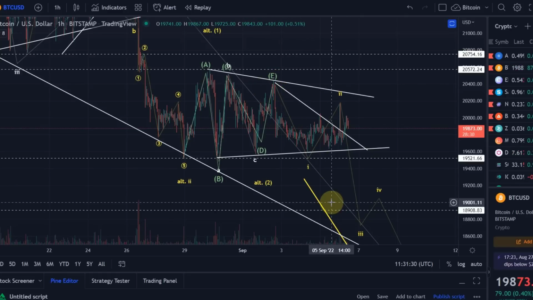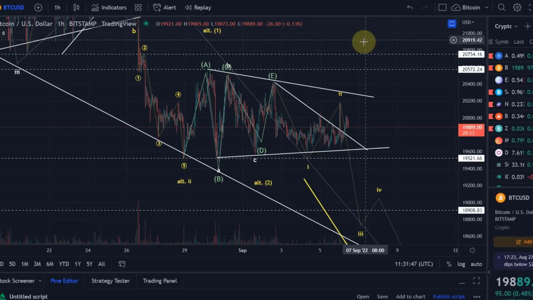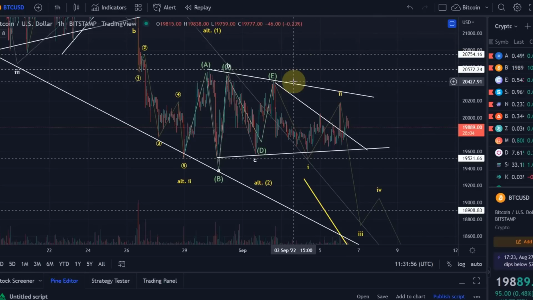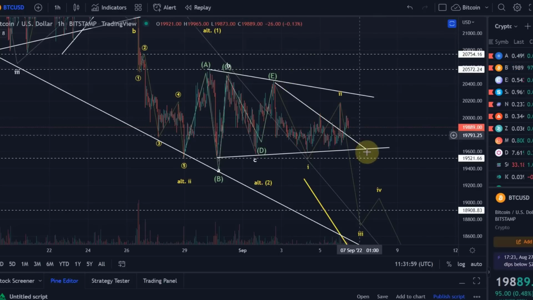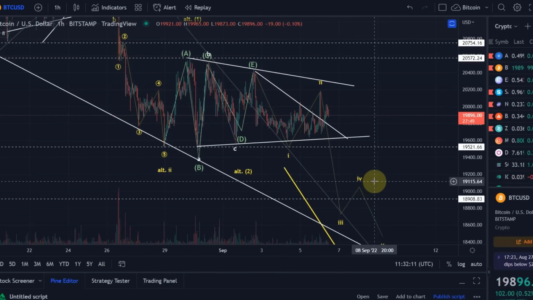Therefore, we are primarily expecting lower lows unless we really go above, first of all, 20,170. That is sort of the first breakout point, but it wouldn't really be a breakout. It's only an indication that we might reconsider a shift to the upside. But unless we really go above the 20,570 level, we're not going to have a breakout to the upside. And until that is the case, we have to expect still a move to the downside. It's only that certain levels in between will give us an indication that the move down may not happen. So we're expecting one more dip, at least here in the short term.